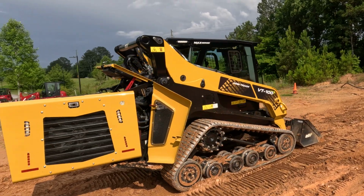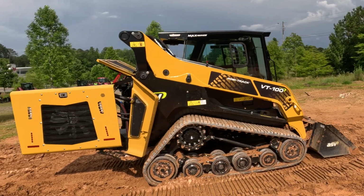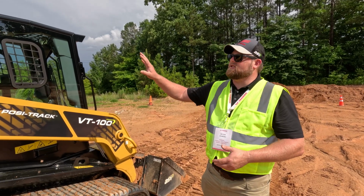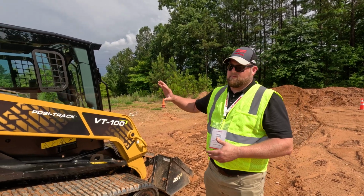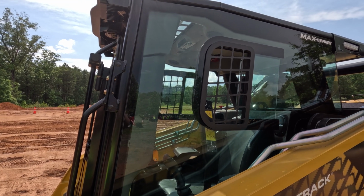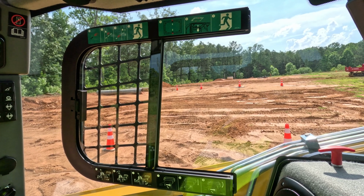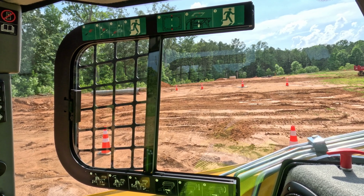As we move around to the other side of the machine, one thing that's really unique with the ASV machines as well is that we have clear side glass all the way around the machine. We don't have a lot of grates that are difficult to clean behind or cause blind spots when operating the machine. Inside of the cab,